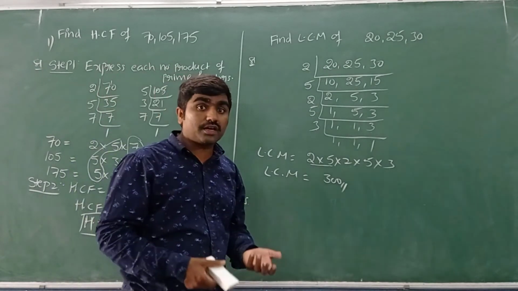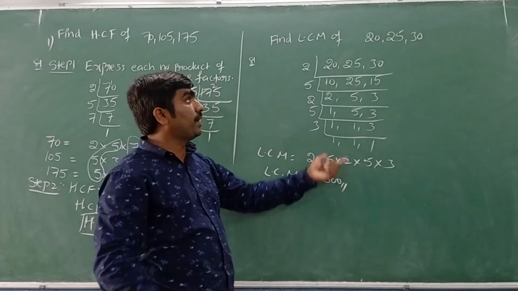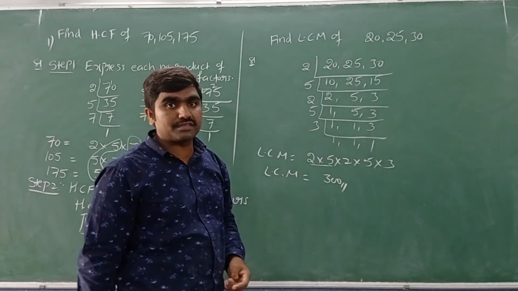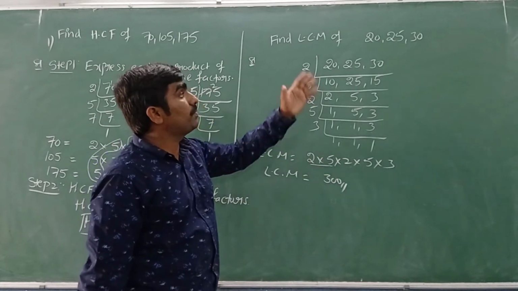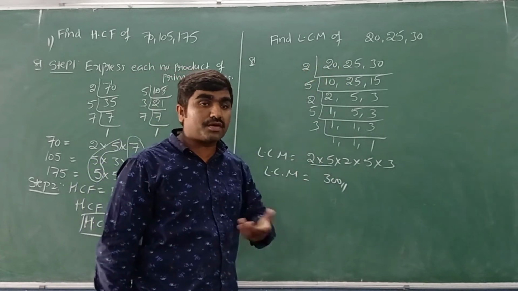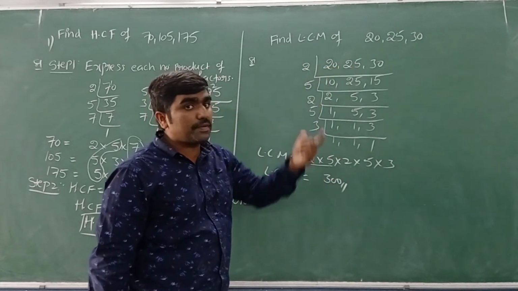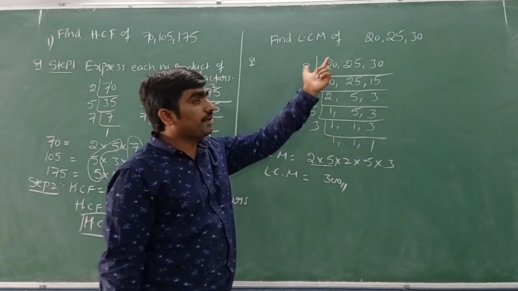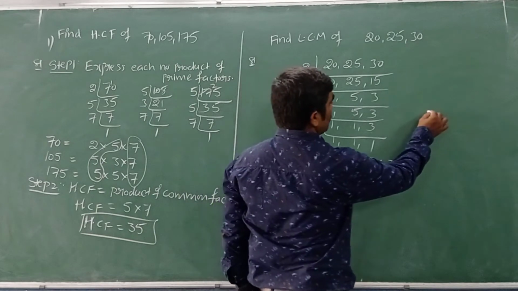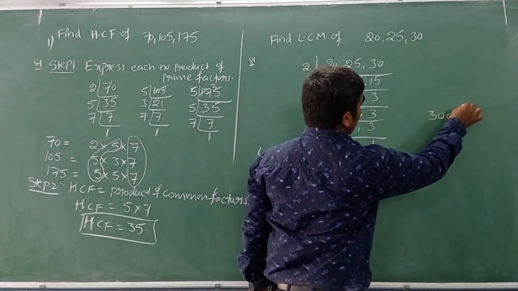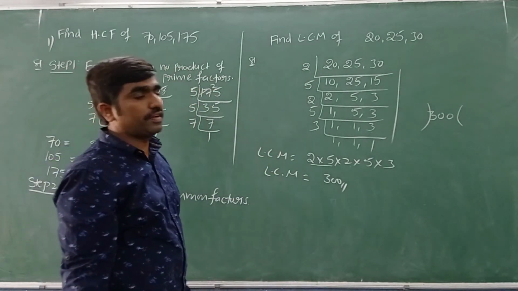And also what can we conclude? 300 is the number which is exactly divisible by all the given three numbers. The LCM value is always exactly divisible by all the given three numbers. Why? Because it is the common multiple of all the three numbers. So when it is a multiple and we divide with that, we get remainder 0. Let us check now what I said, that the LCM value is always exactly divisible by all the given numbers.